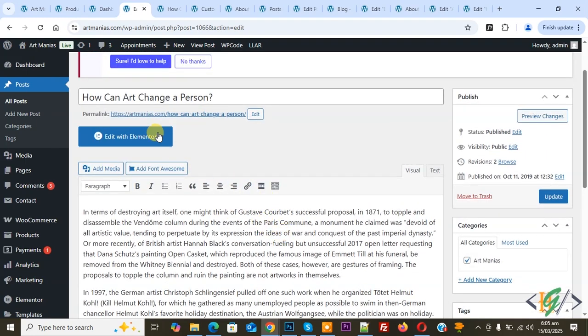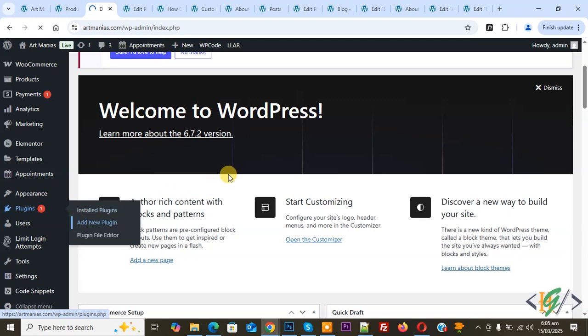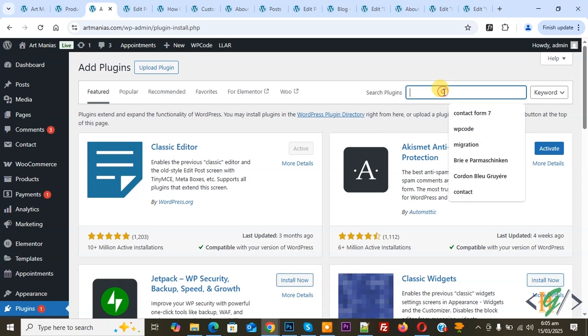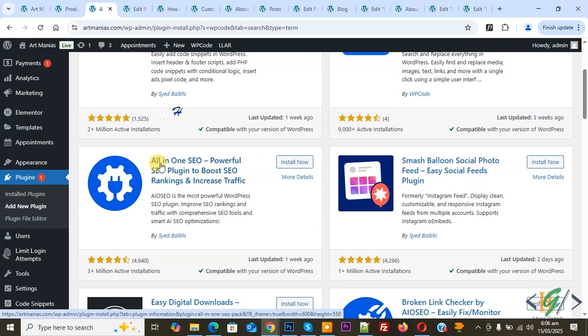Now go to the dashboard, on the left side you see Plugins, so click on Add New Plugin. We are going to install a plugin to add some custom code. In the plugin search, write WPCode. So this is the plugin WPCode, Insert Headers and Footers, which we will use. Install this plugin and activate it, and after activation on the left side you see Code Snippets, and